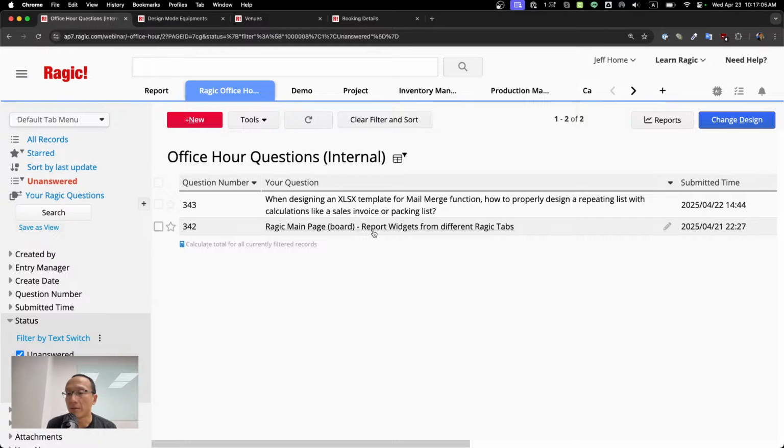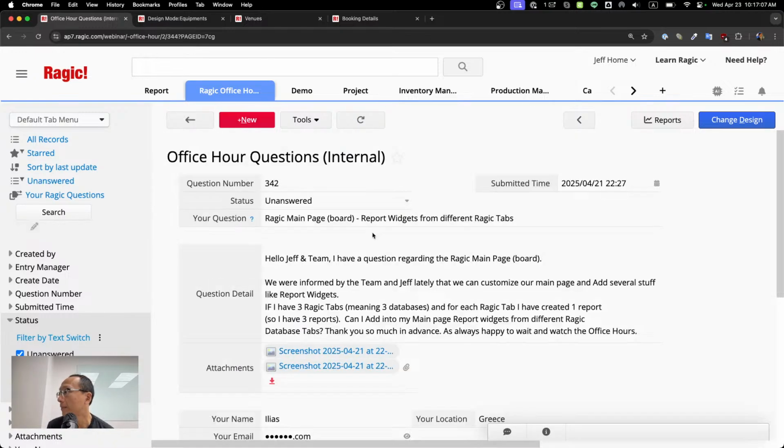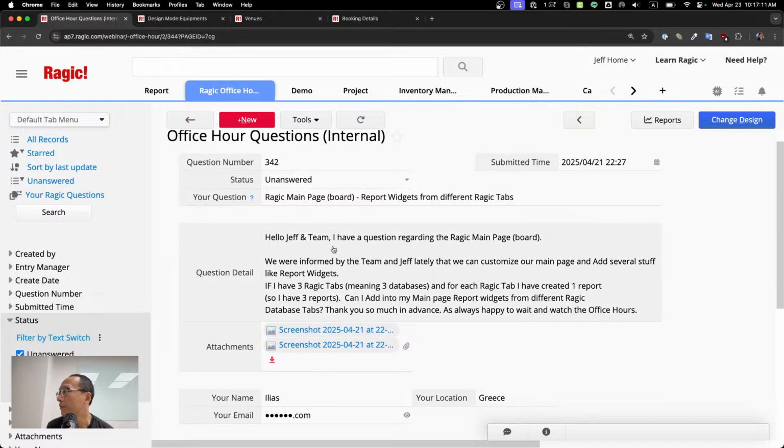Okay, next question. Ragic main page board. Report widgets from different Ragic tabs. Hello, Jeff and team. I have a question regarding the Ragic main page board. We were informed by the team and Jeff lately that we can customize our main page and add several things like report widgets. If I have 3 Ragic tabs, meaning 3 databases,